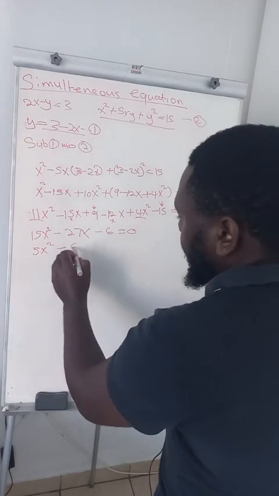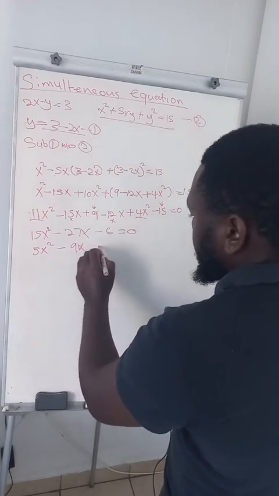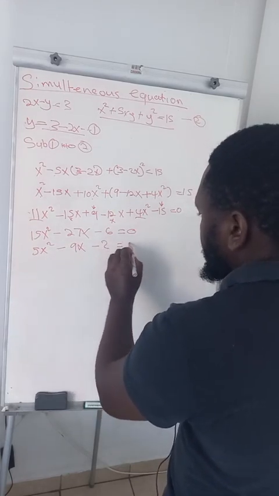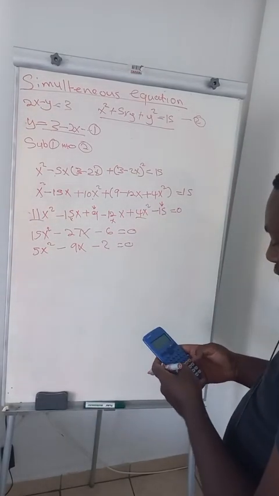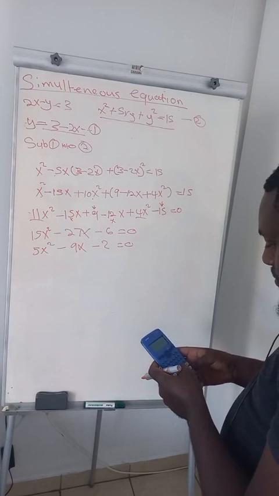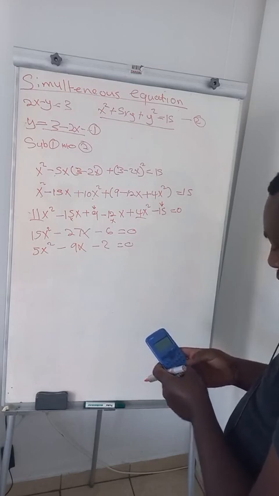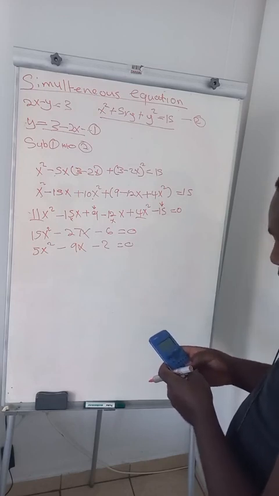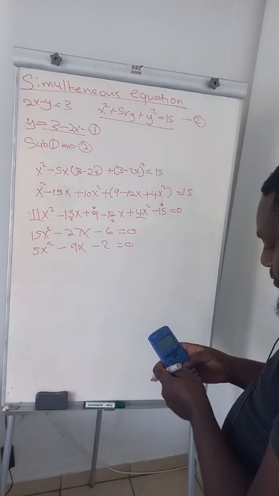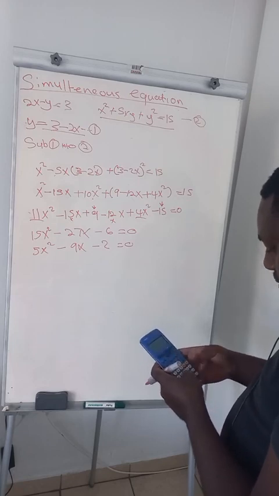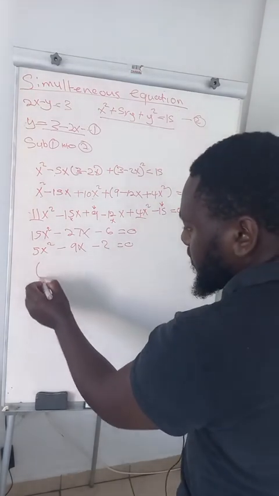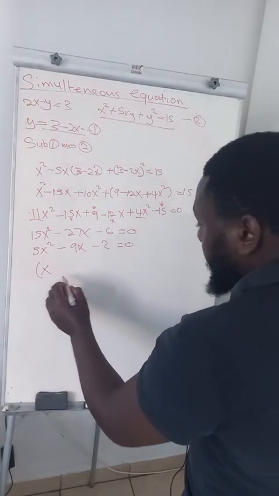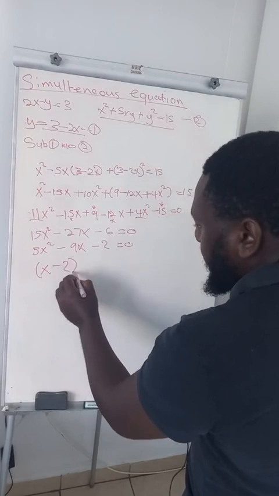You're going to get 9x minus 2 equals 0. Now let's try to factorize this. So factorizing, you get 9 plus the square root of 9 squared minus 4 times 5 times minus 2, divided by 10. So it means here your factors are just going to be x minus 2, and then